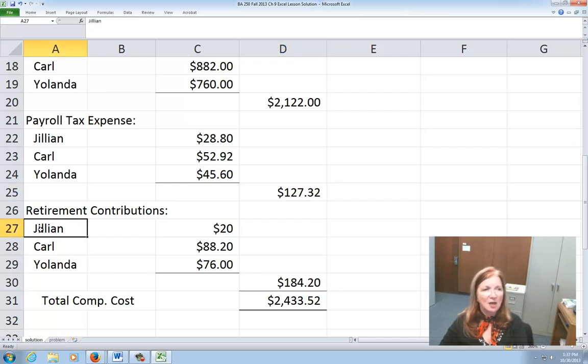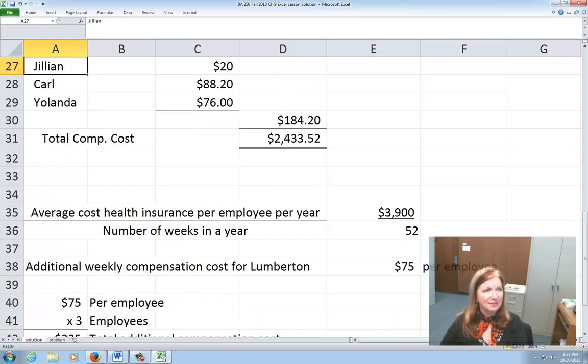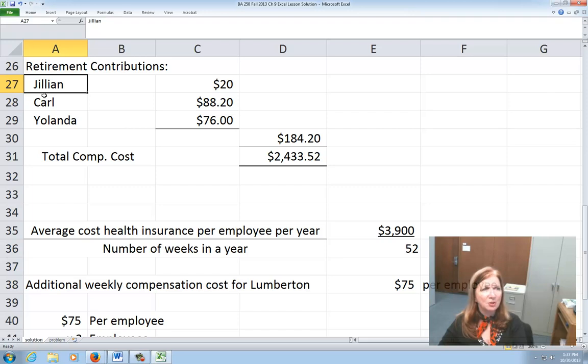Now there's the retirement contribution. So here's retirement contributions. I have to put in the people's names. I'm bringing this up here. Retirement contributions, Jillian, Carl, and Yolanda. Notice that they're indented again. And now